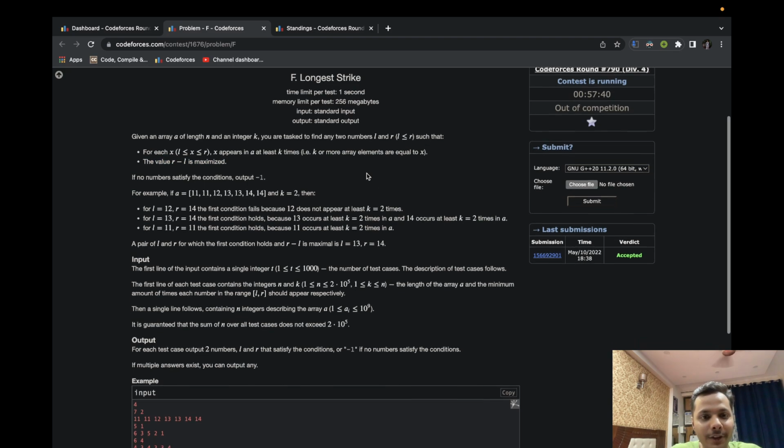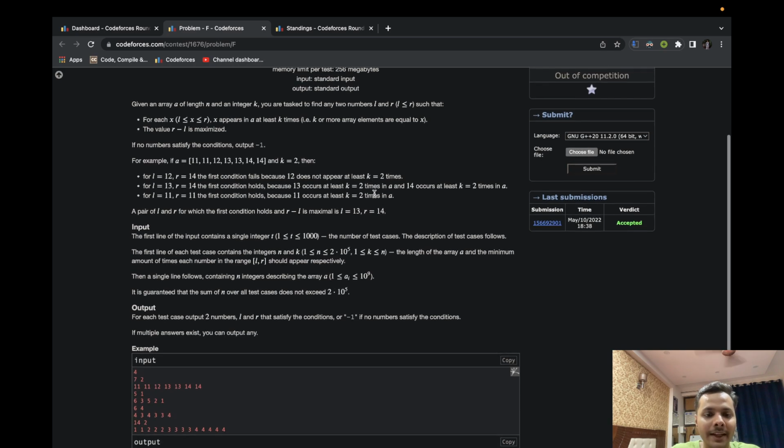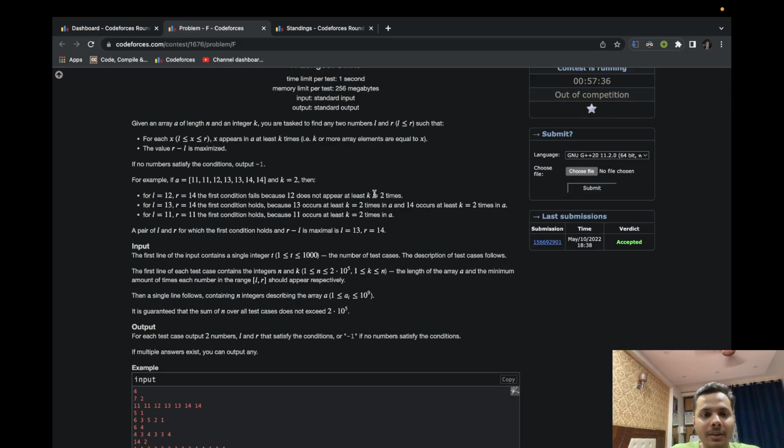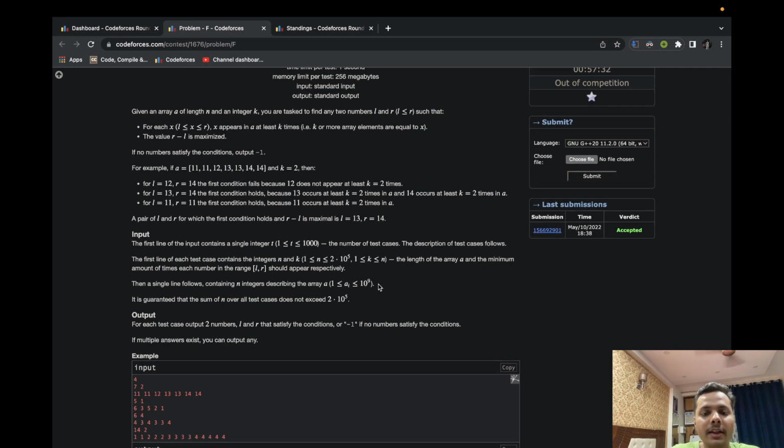It turns out that is not the problem, and the problem is much easier than that. So the solution here again is pretty simple. First of all, you can notice that the elements are quite huge, so we have to take a map. We can take a map which will keep the frequencies of all the elements present in the array, and then for all the elements whose frequency is less than k, we can just assume